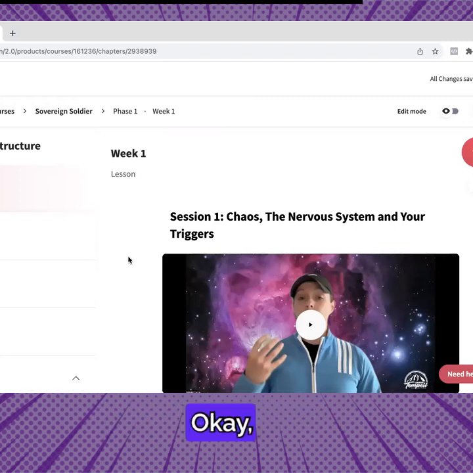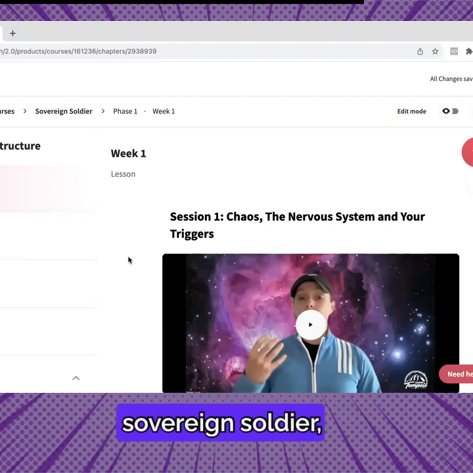Okay. Now, in order to get into Sovereign Soldier, me and you actually have to have a chat first. I have to know that you're willing to do the work and you're in a good position to do that. Because as I said, it is intense. Some of the stuff is even closed door. So some of the deeper healing practices, I actually have to approve you to get access to them. They're not just laid out in the program. There's something that I have to think, yeah, you're ready for that before I'll grant you access.